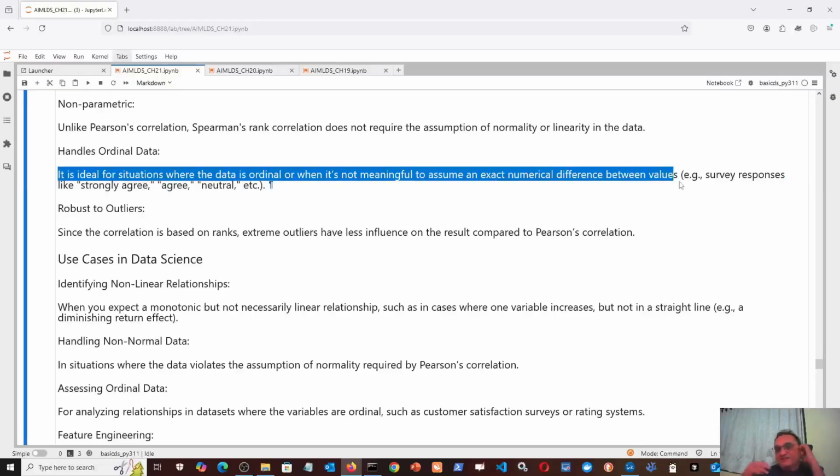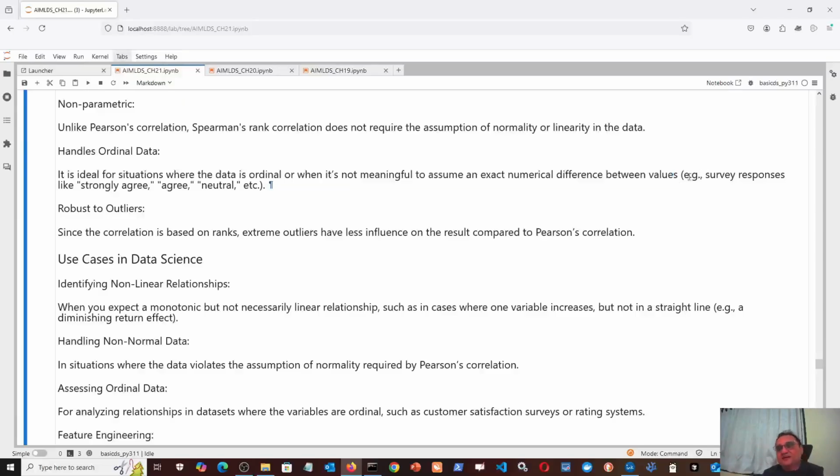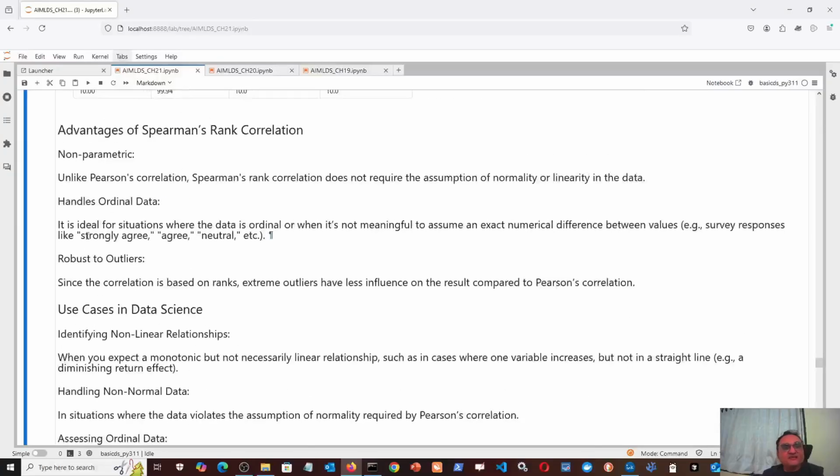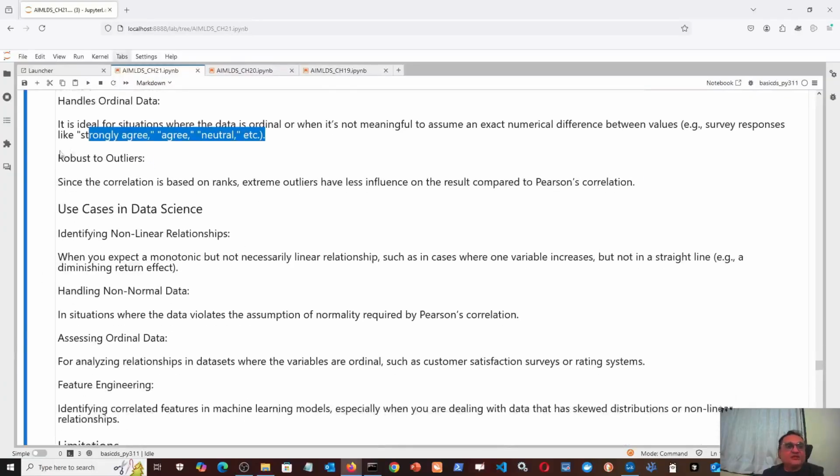For example, whenever there is some hierarchy implied, I told one example: junior clerk, junior officer, senior officer, junior manager or assistant manager, manager, then maybe head or vice president of the company, president of the company, then CEO. So these kinds of labels are ordinal. Similarly, if a survey is taken: strongly disagree, then mildly disagree, then neutral, agree, strongly agree. These kinds of categories also show the level of agreement in increasing order, right? So that type of case is ordinal, and Spearman correlation is the best for handling ordinal relationships